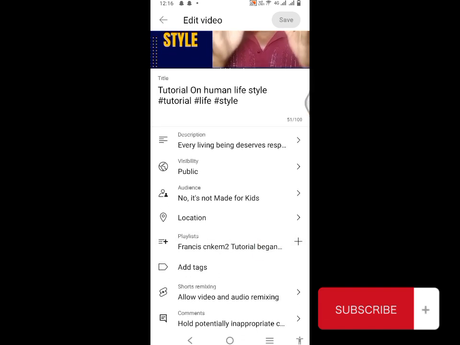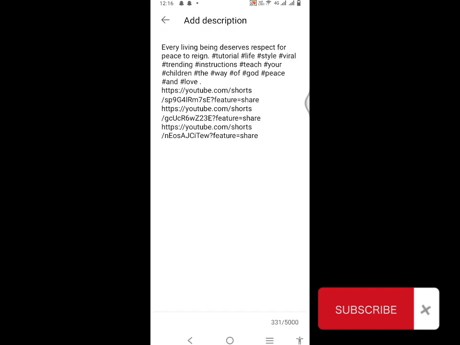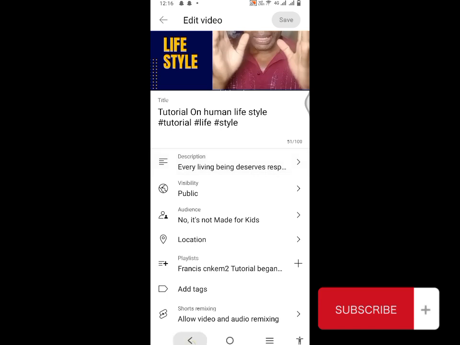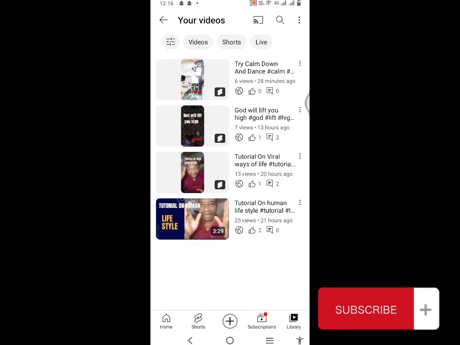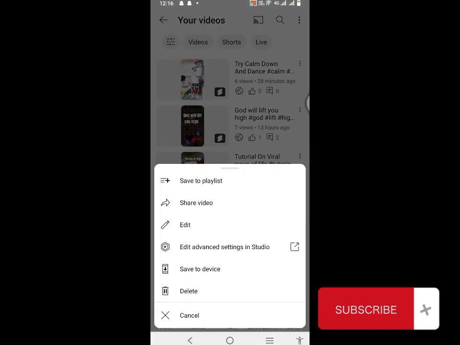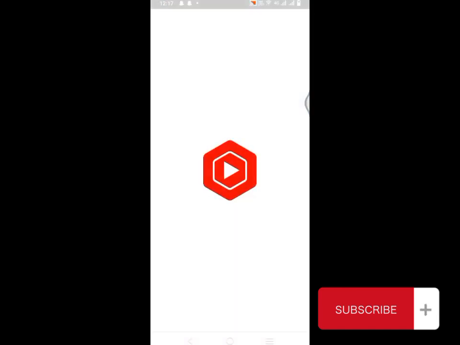When you go to edit in advance, you click. It will now bring you to this new page in editor. In studio. It will link you to studio. When it links you to studio, when you come to the studio,